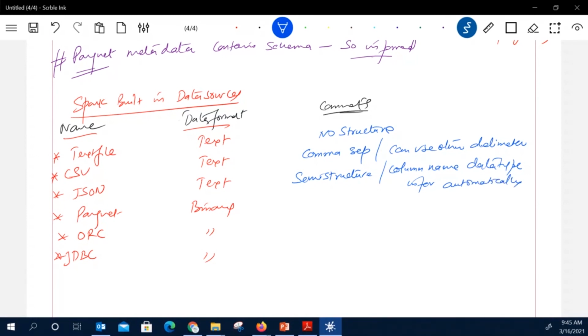Parquet is a binary file, and it is the default data format, a very popular binary format in Hadoop. ORC is basically used with Hive, and JDBC is for reading and writing to an RDBMS. So this is about the built-in data sources.